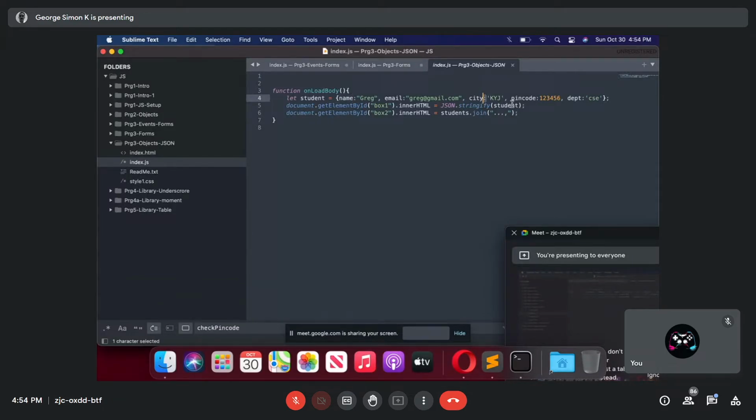Double quotes value. Whatever you write within single quotes or double quotes, consider as string. Whatever without that, it's number. Or we also have date. That's an object. So this object you can use to transfer the data into the server, also retrieve the data from the server. This is called JSON.